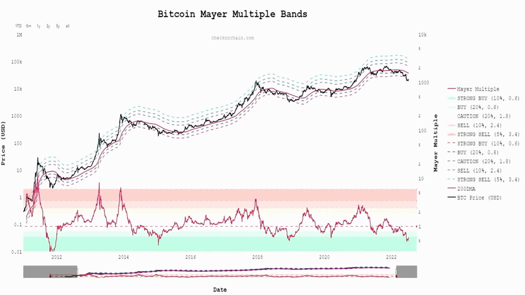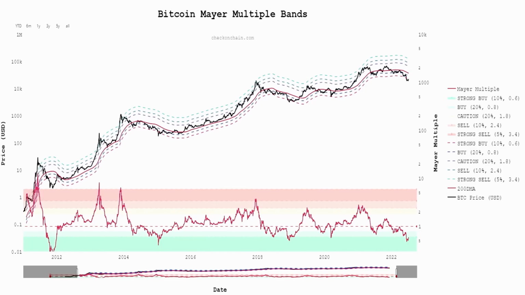The Mayer multiple, so this is, I quite like this. So everyone in the industry is obsessed with the 200 moving average, which is this red line here. It basically takes the average price of the last 200 days and plots a line. Really simple. And the Mayer multiple literally just shows you the deviation from the 200 moving average. So here, if you look up here in the 2018 peak, it was massively out of kilter from, if you draw a straight line down, it was as far away as it could be from the 200 EMA. And therefore, that deviation is shown down here on this level over here.